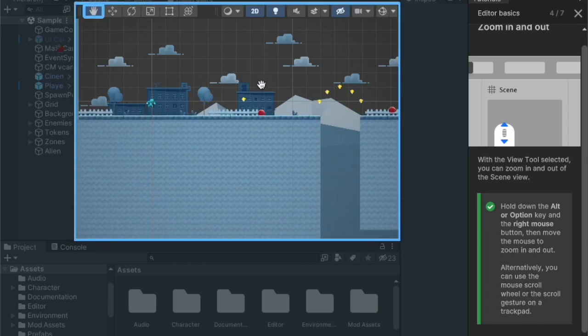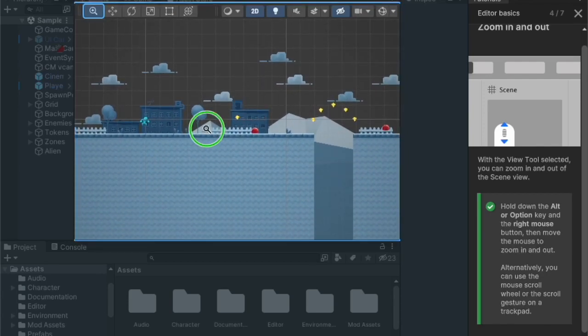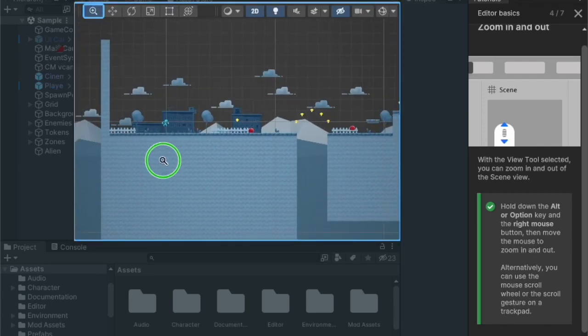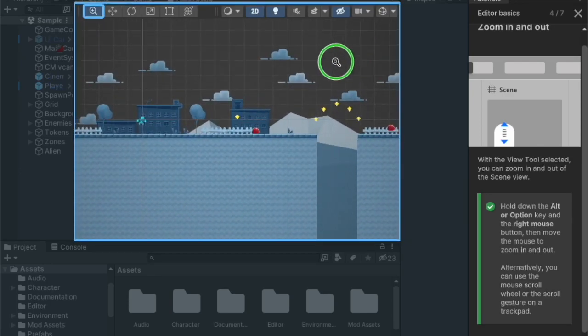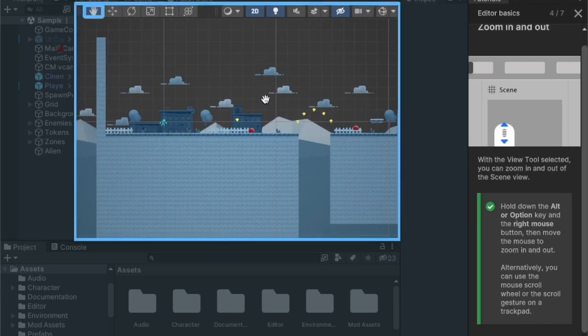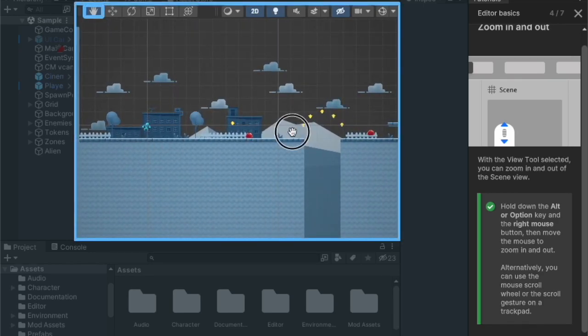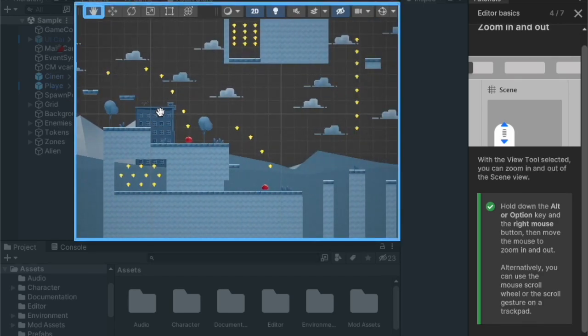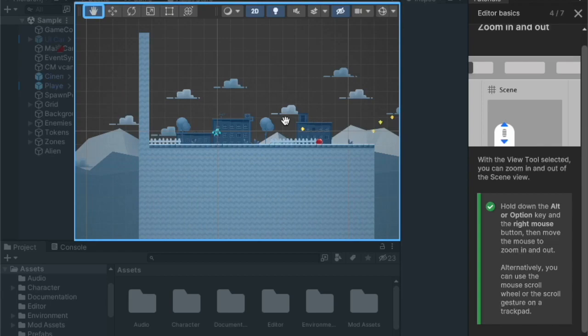Or you can press and hold Alt on Windows or Option on Mac and then right click, and keep moving it. That will also work for zooming in and out. Okay, but I think one thing is enough. Rather than confusion, just use the scroll wheel to zoom in and out and click and drag to move around the scene. So for panning you just click and drag, for zooming in and out use the scroll wheel. All right,